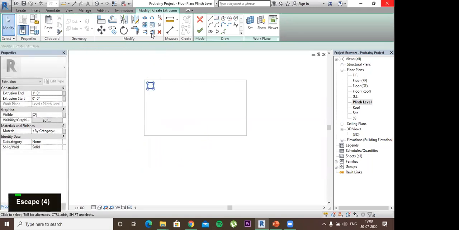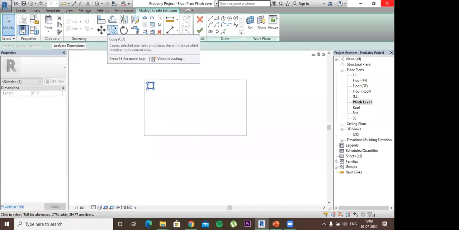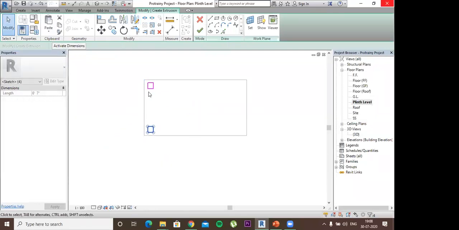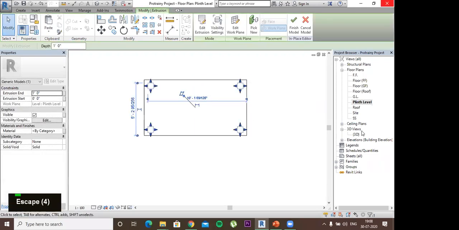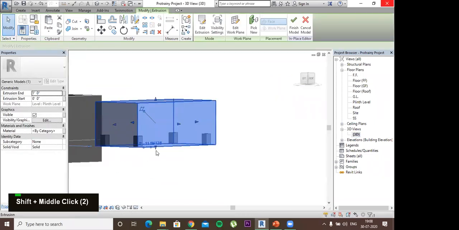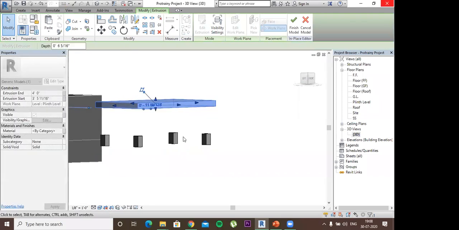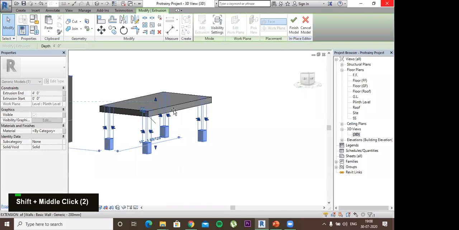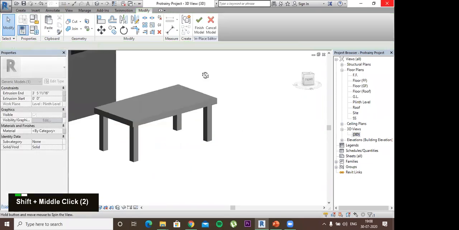Then I'll select this, and first of all, there is this option, mirror, so you can select an axis and your image will be mirrored over that axis. Now I'll again select this, I'll select mirror, I'll mirror all those things, and then I'll click finish, and go to 3D view, and I will be able to see, first of all, my tabletop, and then my 4 legs. So this is how I can create my own table.